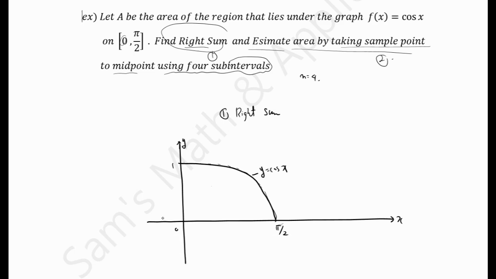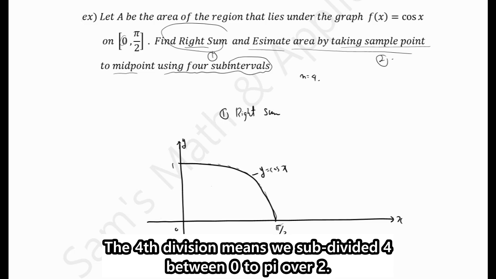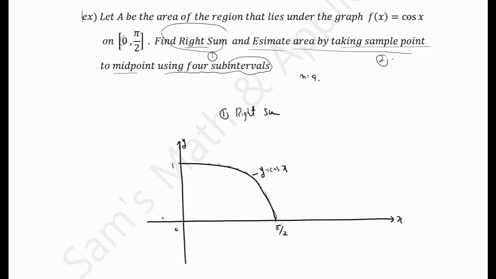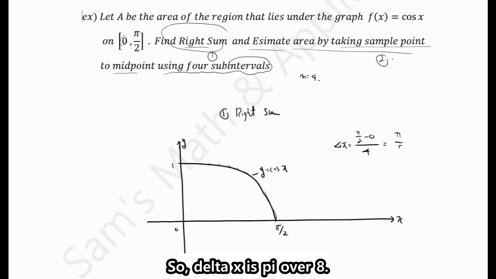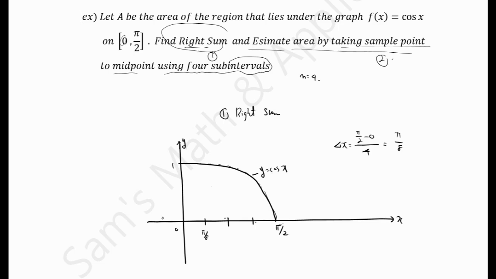Four divisions means we subdivide the interval between 0 and pi over 2 into 4. So delta x is pi over 2 minus 0, over 4, so delta x is pi over 8. The division points are pi over 8, 2 pi over 8, and 3 pi over 8. The right sum is,